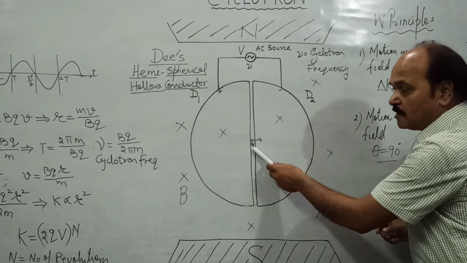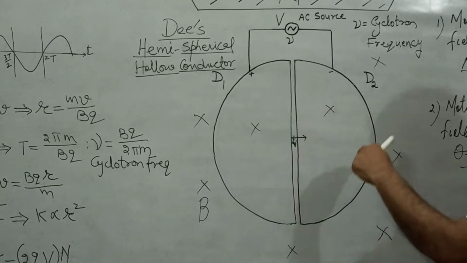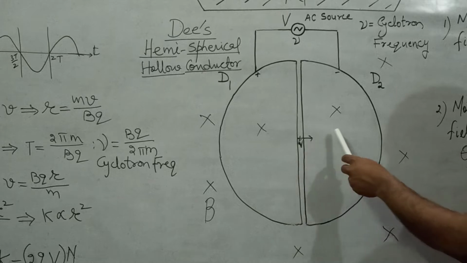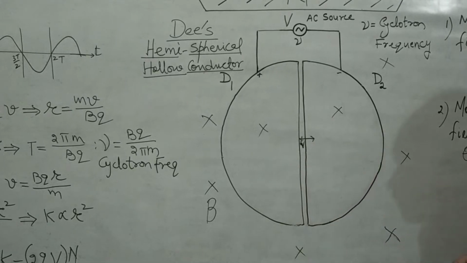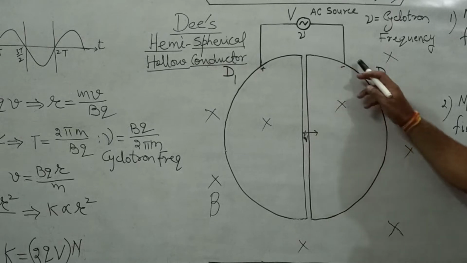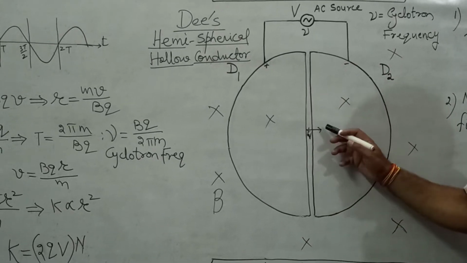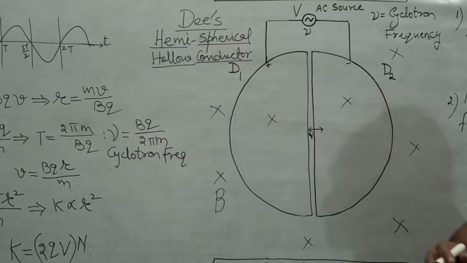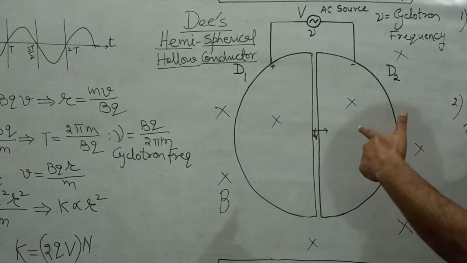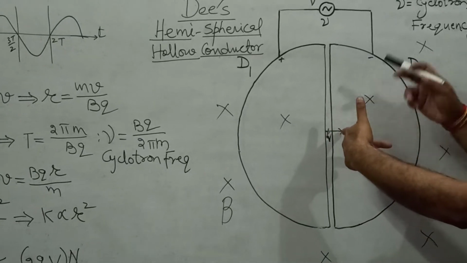Initially the charge is at rest, but it is pulled toward this D because of the opposite polarity of this D. It moves towards this D because of the electrostatic force of attraction between this positive charge and this negative sphere. And as it acquires velocity v, what happens? There is a Lorentz magnetic force acting over it. And what is the direction of the Lorentz magnetic force? See, the magnetic field is cross, the velocity is towards right, the Lorentz magnetic force is along the thumb.